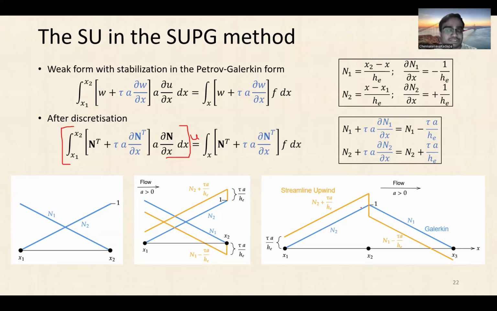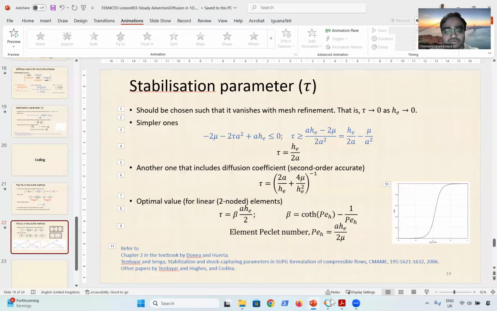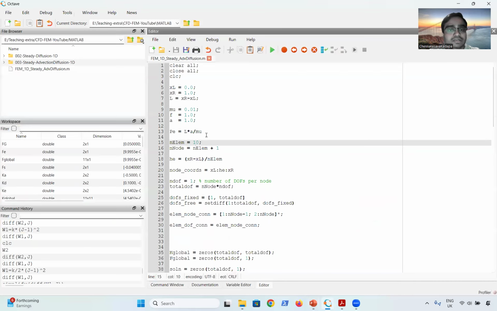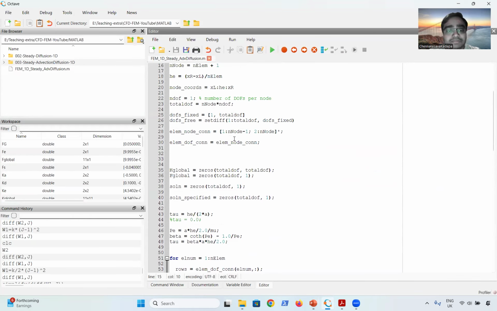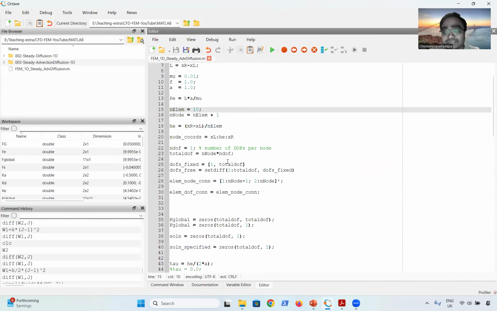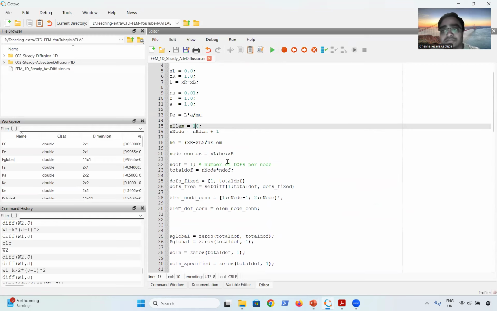If you have any questions, please post in the comment section, and I will also share the codes for you to follow. You can play with mesh sizes, you can play with stabilization parameters, you can look at the global stiffness matrix, you can change the value of mu, you can change the value of A and see how it affects the